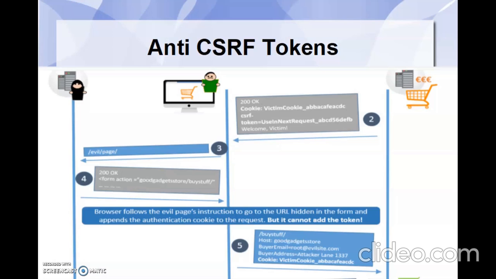Anti-CSRF tokens are often exposed via AJAX, and are usually sent as headers or request parameters with the AJAX request. For the anti-CSRF mechanism to be a successful strategy, it needs to be cryptographically secure. That is, it should not be easily guessed by any layman. This can be achieved by using frameworks such as AngularJS, and you should refrain from using your own mechanism if possible, because this will let you avoid errors and make the implementation quicker and easier. So we can use some of the frameworks which will generate a token in an unpredictable format.